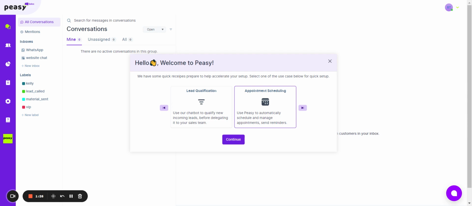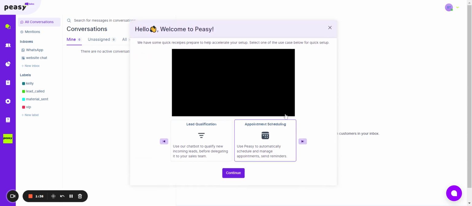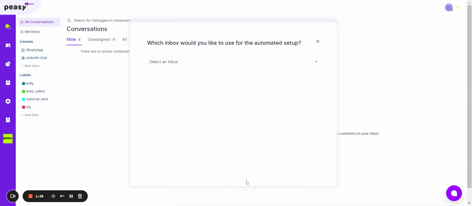Now for this demo purpose, you can click on either of these, but I'll choose this as an example. So I'm going to click this button over here, click on the continue button. You will be asked